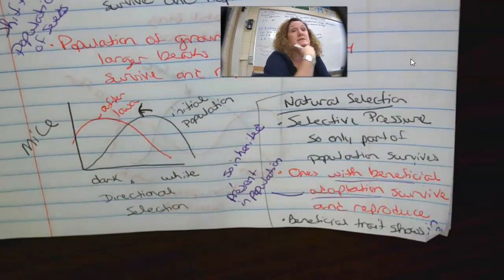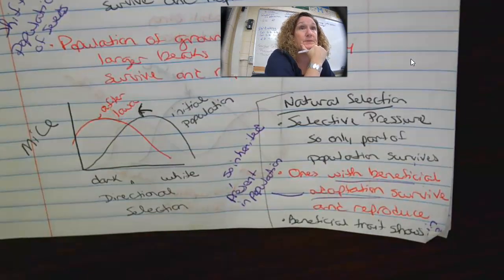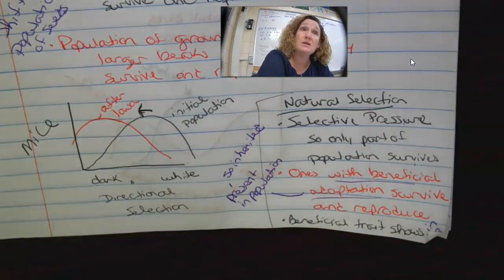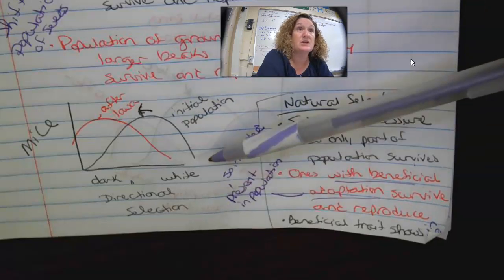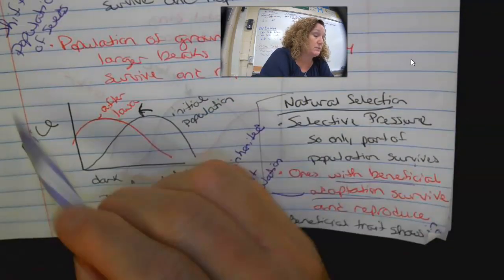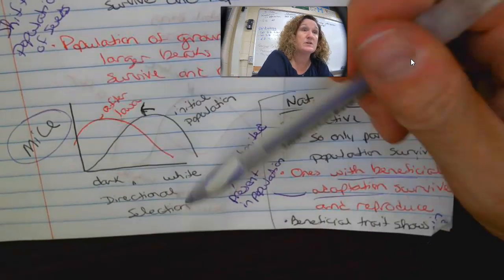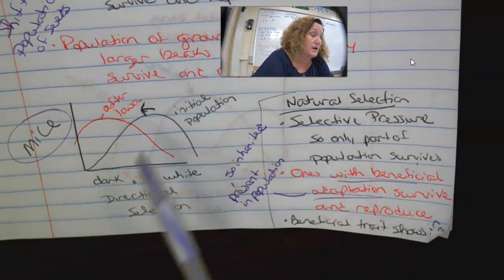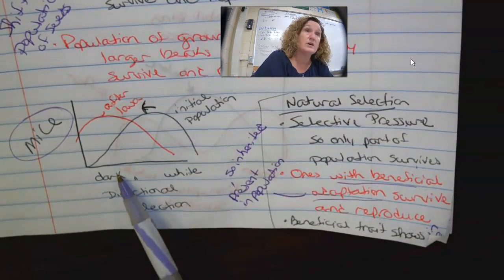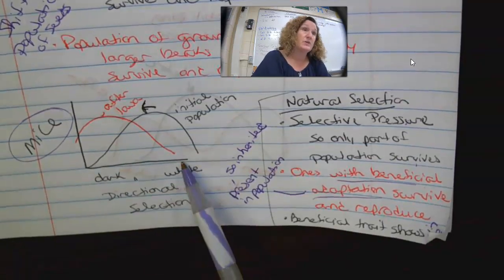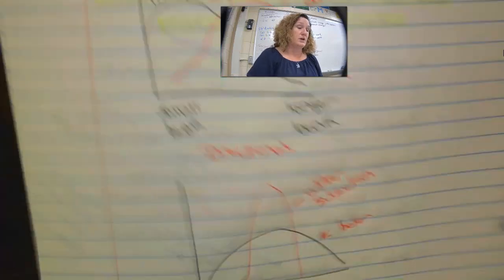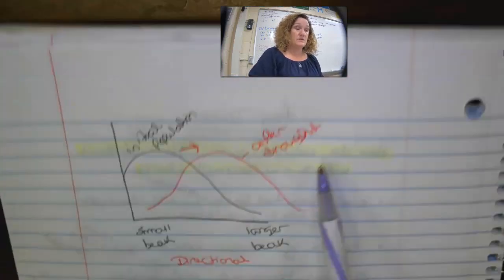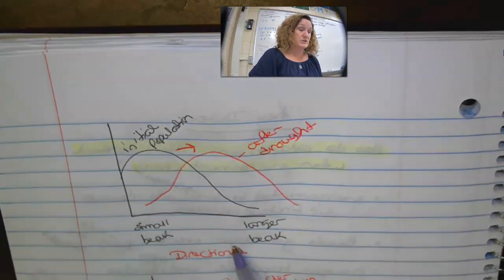and it's then passed on to the offspring that way. Okay? As you did your reading through section 18.2, you looked at these different types of selection that can happen. So we recalled with our mice that we were seeing a directional selection, that after the lava flow we were seeing more dark mice than we did before the lava flow. So that was an example of directional selection, along with the beaks of the birds was also a directional selection,